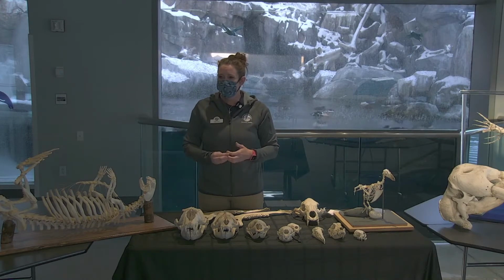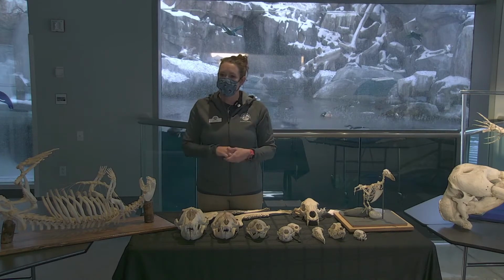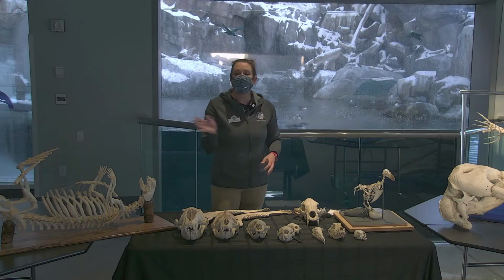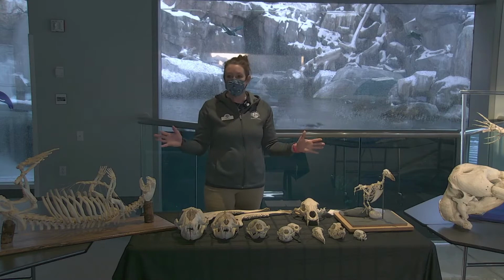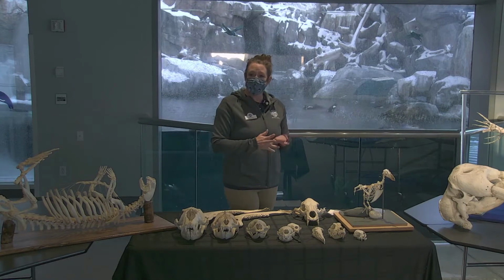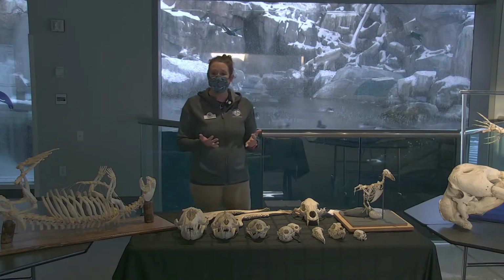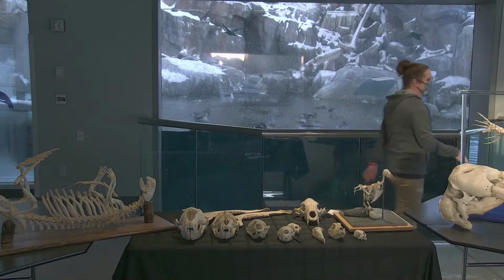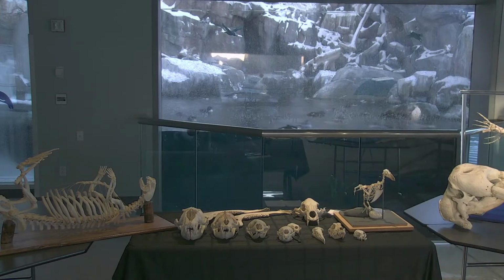What other kinds of bones do you have here that are not out today? I am so glad you asked. So we have lots of different kinds of bones. We could never bring them all out here today. We have some porcupines, we have some lynx, we have all different kinds of birds, puffins, murres. But let me walk over here and show you. Right here,